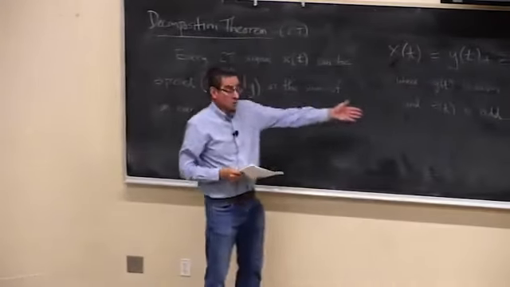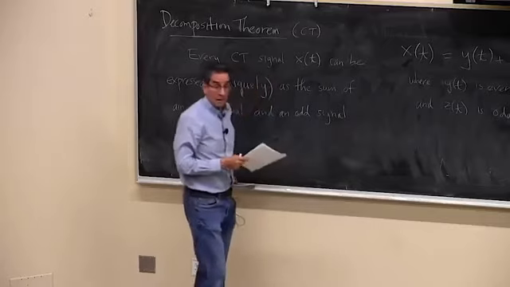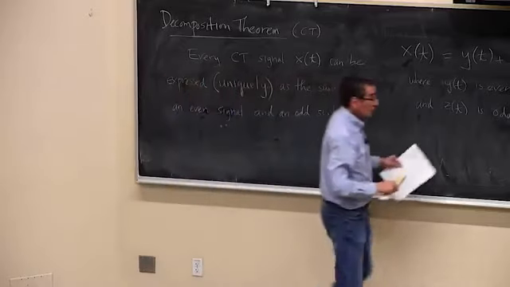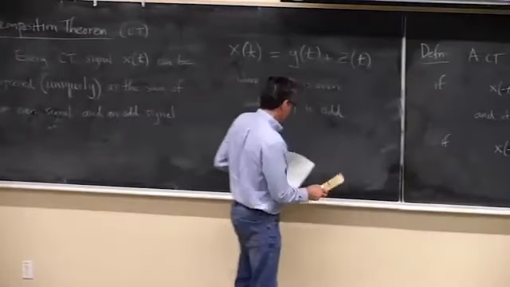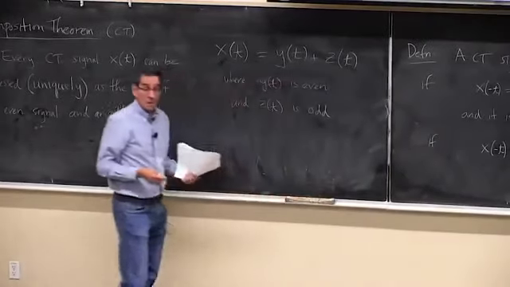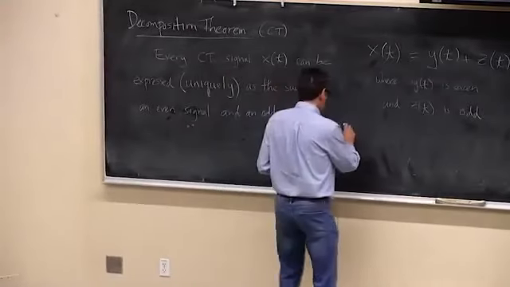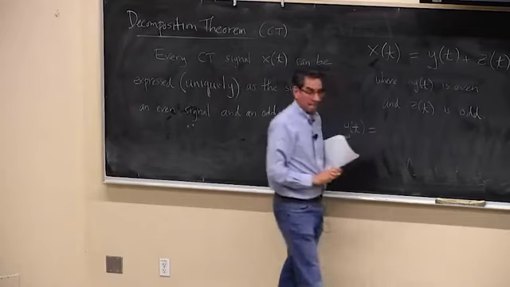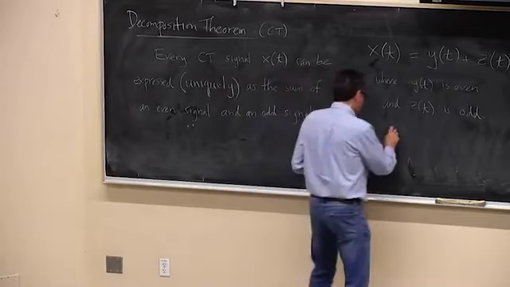And the claim is that you can only do that one way. So in other words, you can't give me two different ways of representing the signal as an even and odd signal. And in fact, the way you do it is by defining y of t to be equal to, well,